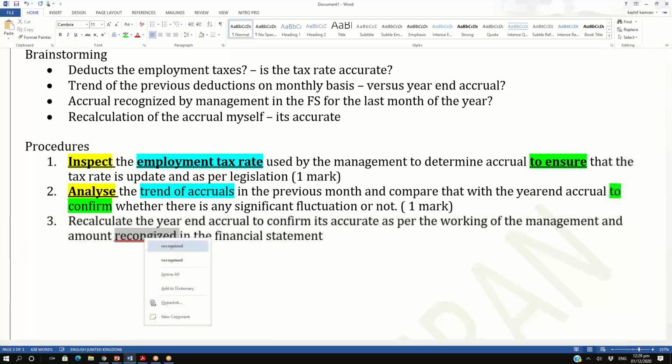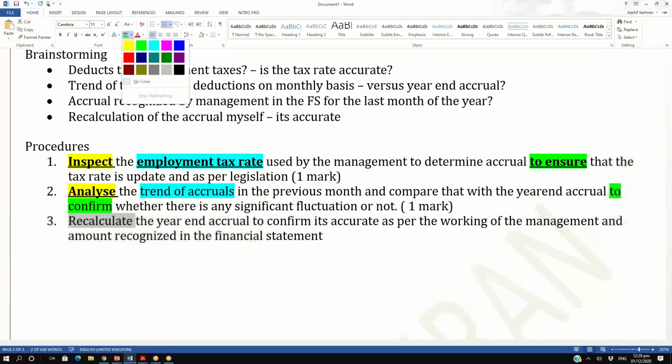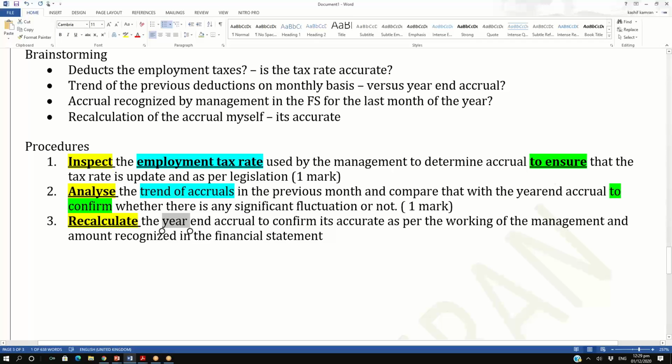So I recalculated the year-end accrual because it was an amount. I can recalculate it. So recalculate becomes my procedure, my action. Year-end accrual becomes my subject matter, which is the source basically, in the blue. And to confirm it's accurate becomes my green, my purpose, 1 mark. And the final 1 mark procedure I will be making is the